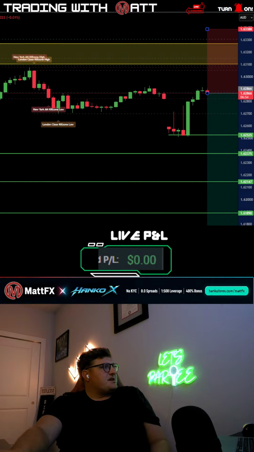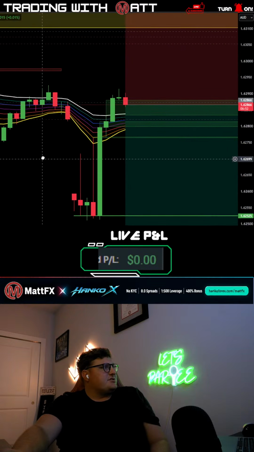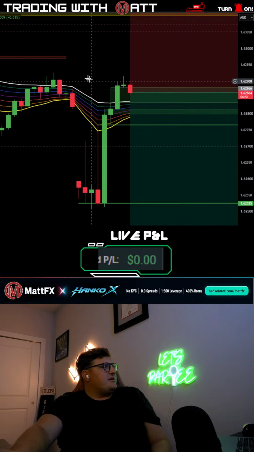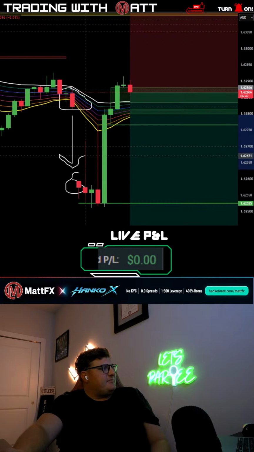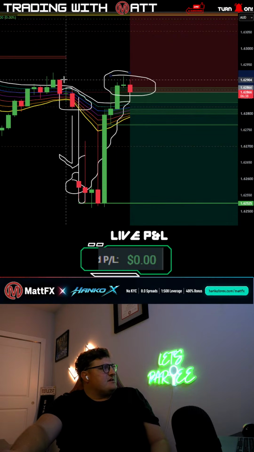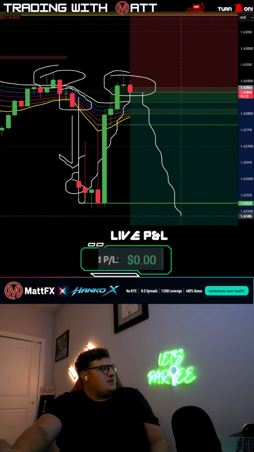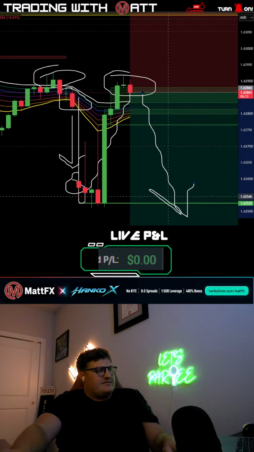Let's look at the lower time frames here. Are we getting rejection? So on the 15-minute, we're getting rejection. We had a huge gap down. So this was market close last week. This was market open today. This is what's called a gap down. So we gapped down. We came up to retest the previous high of last week, and now we're going to head down toward the downside.